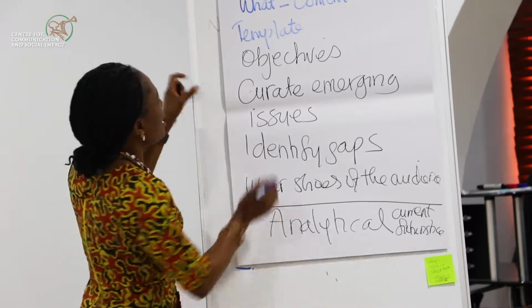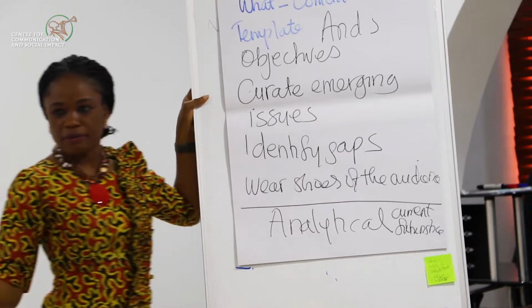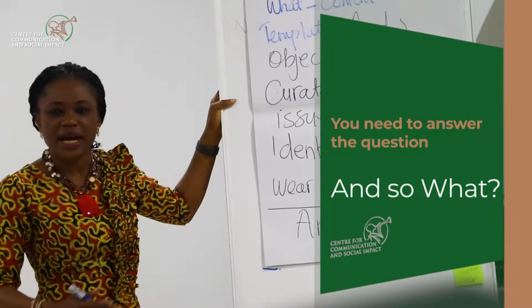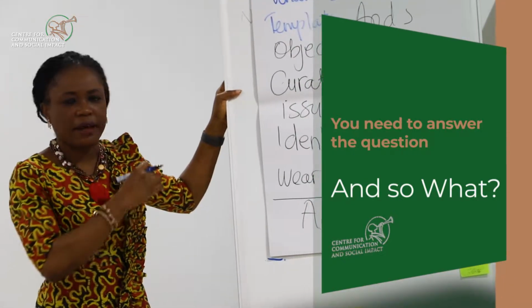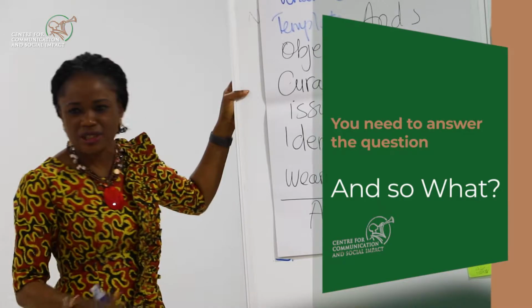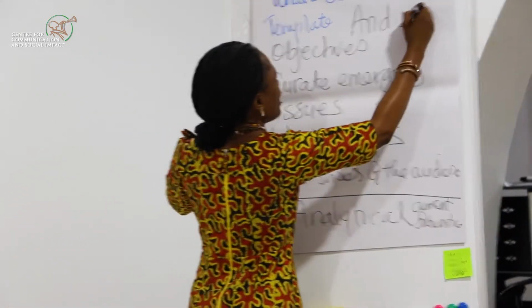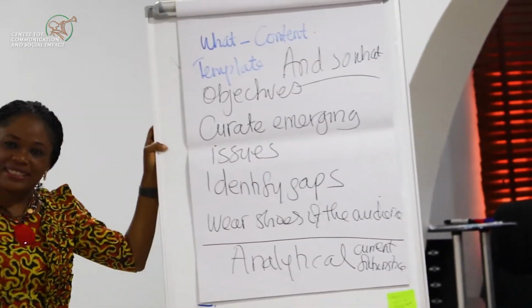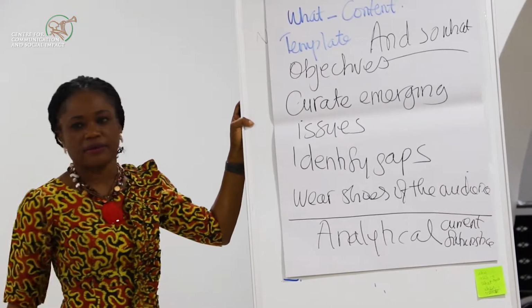If you can't answer the "and so what," 37 people came to the workshop, and so what do you do with that? You can go further to say we had a diverse mix of participants from government, private sector, agencies, you understand, representatives of the audience. So as long as you can answer the "and so what" to the farthest extent you can go, then we are doing something a little bit better.